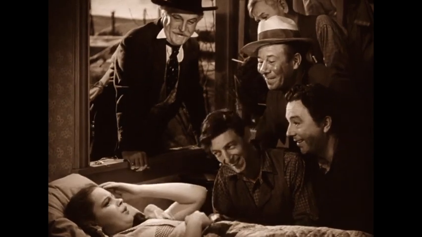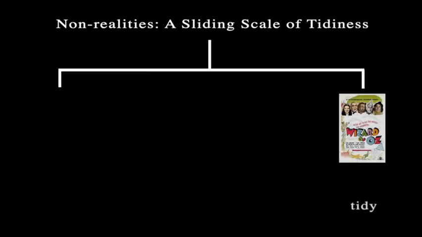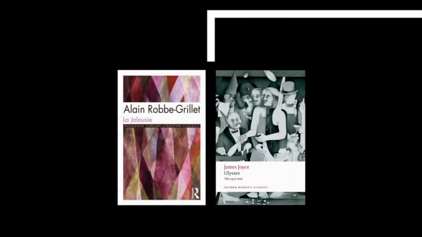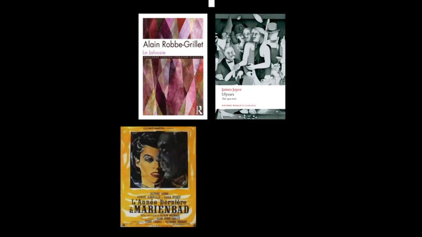Oh. We can position The Wizard of Oz all the way at one end of this tidiness scale. Some of the best examples for the untidy end of the scale can be found in mid-20th century modernist narrative. Around this time, authors were experimenting with novels that obscured what little actual plot they had in layers of dense psychic interiority. In European art cinema, we got things like Last Year at Marienbad, in which a man and a